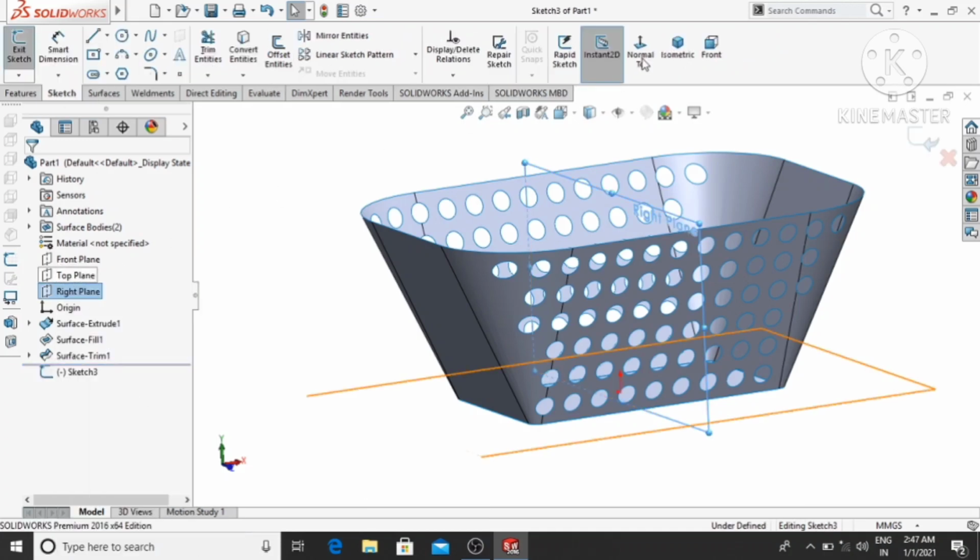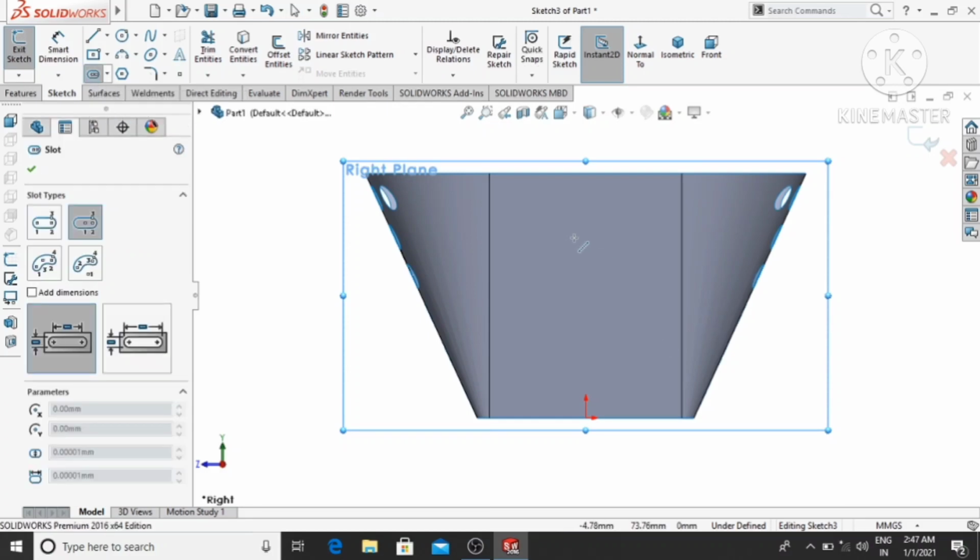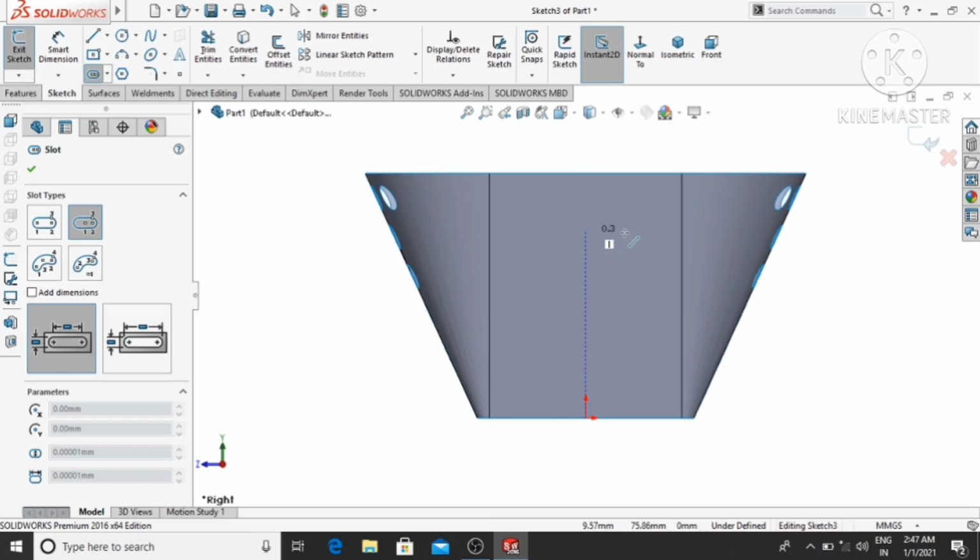Again select the right plane, sketch and normal. Here we select the center point straight slot, so select this one and make it from here. Make sure it is horizontal.